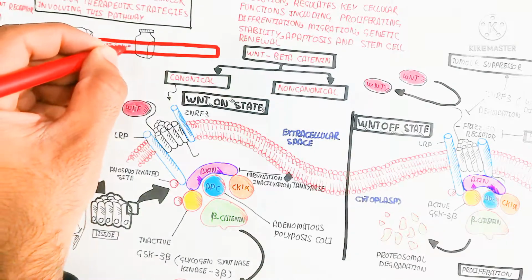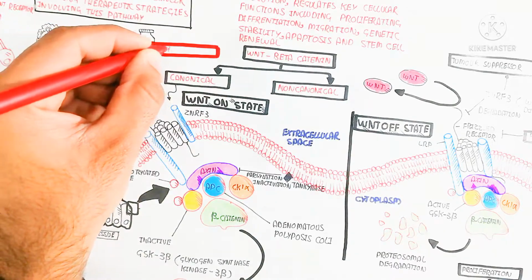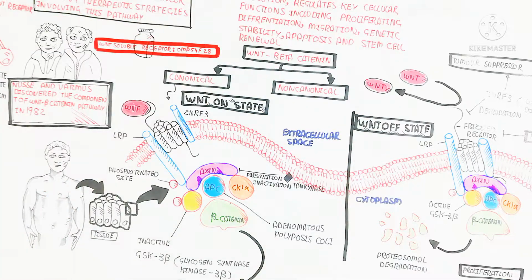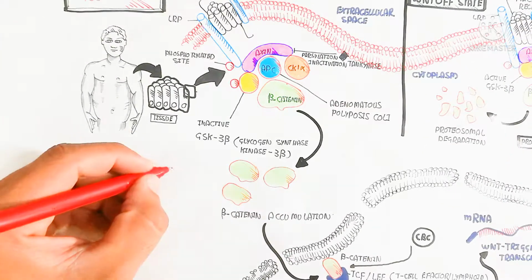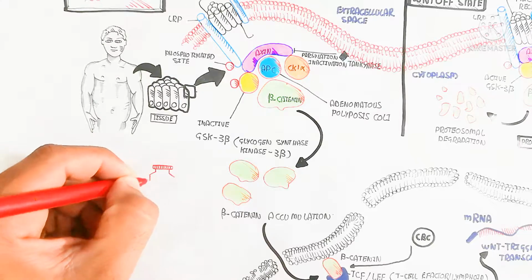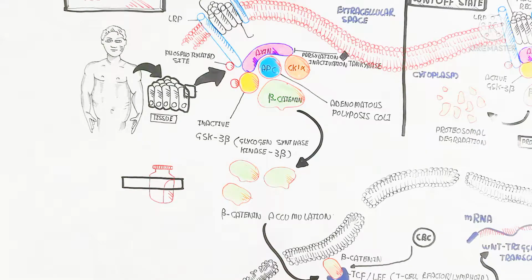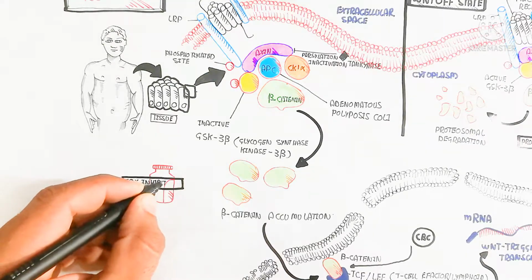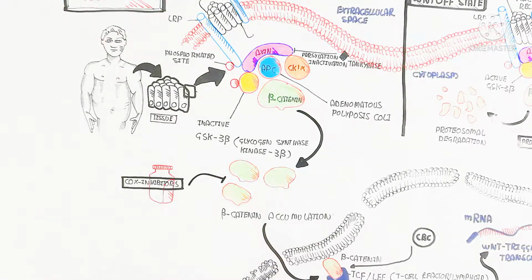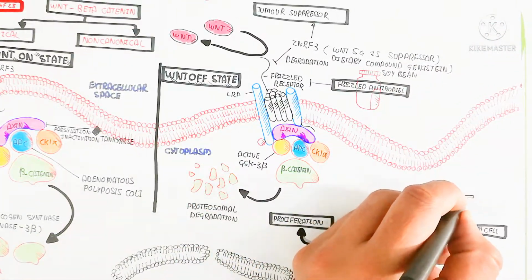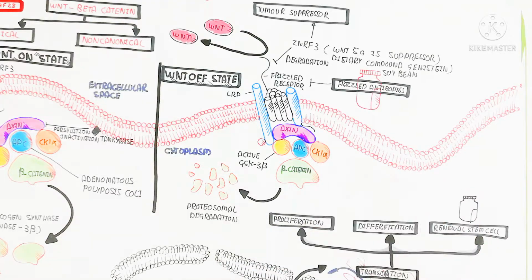So here is another inhibitor, the Wnt soluble receptor inhibitor, OMP54F28, which will inhibit the Wnt molecule. So after the inhibition, it will not bind. So in this way, the further cascade of the phosphorylation as well as beta catenin accumulation will not occur. When the beta catenin accumulates, the inhibitors can be the COX inhibitors, which are used for the inhibition of the beta catenin for the prevention of cancer.